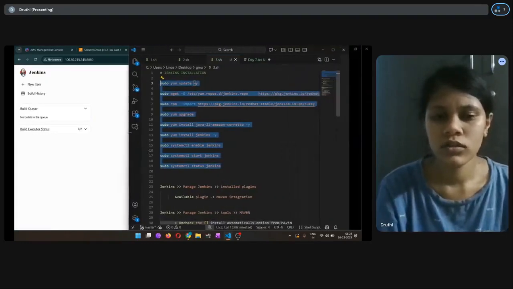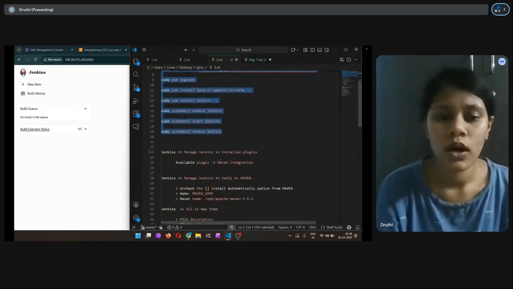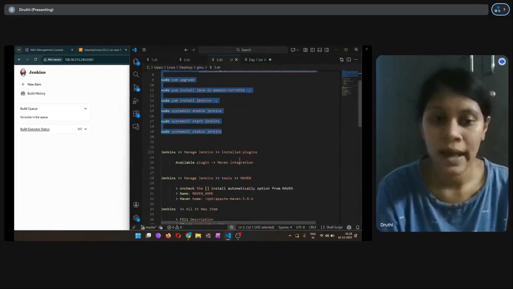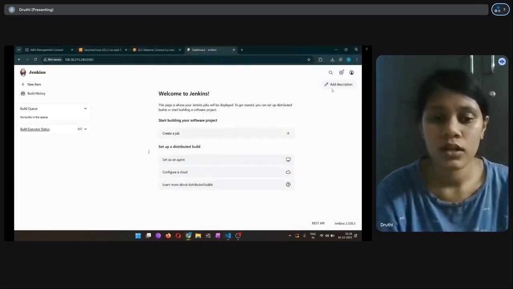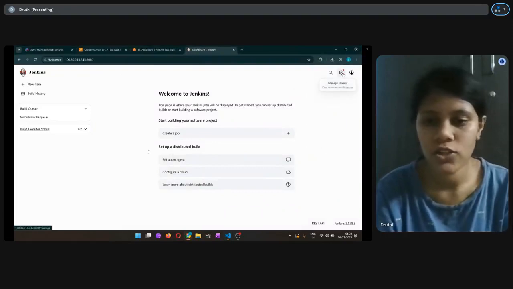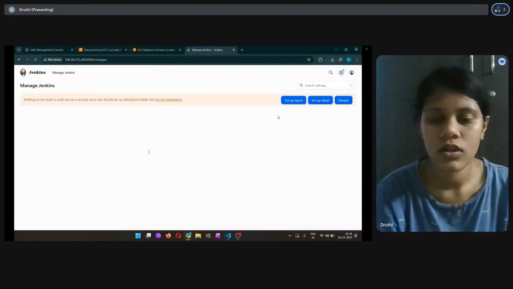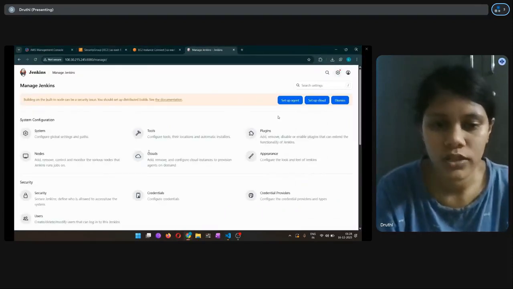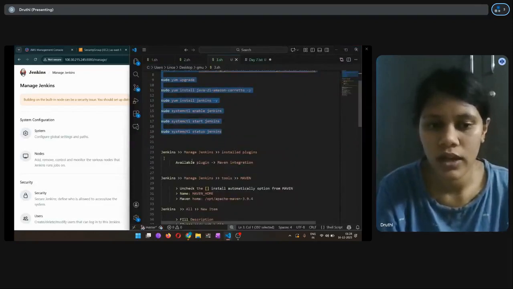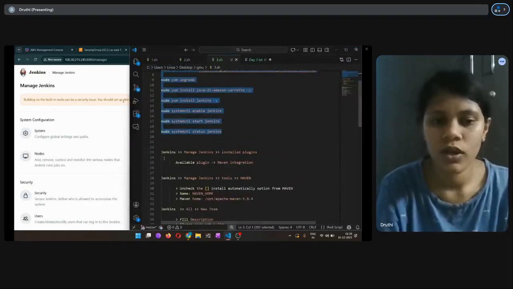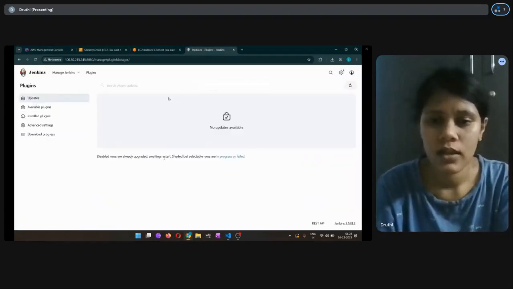And now we have to install the Maven integration. So we have to go to Manage Jenkins because we have to install the Maven integration. Here first we went to Manage Jenkins, and after going to Manage Jenkins, now click on that, and we are going to install Maven and then go to available plugins.